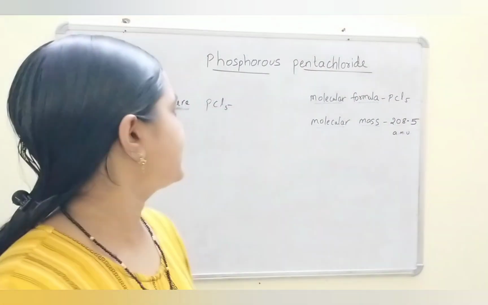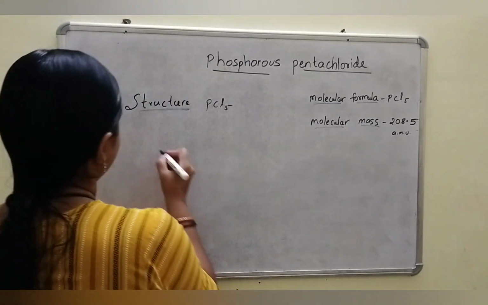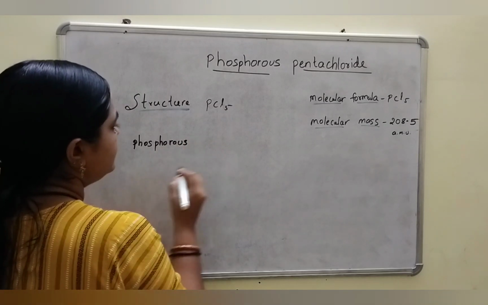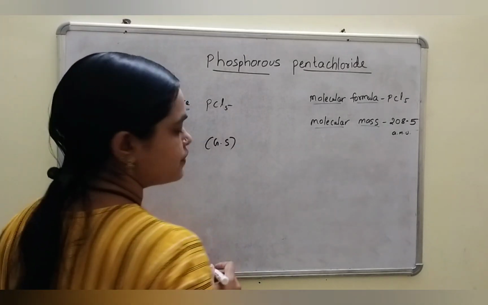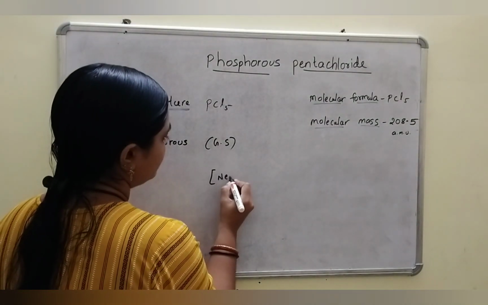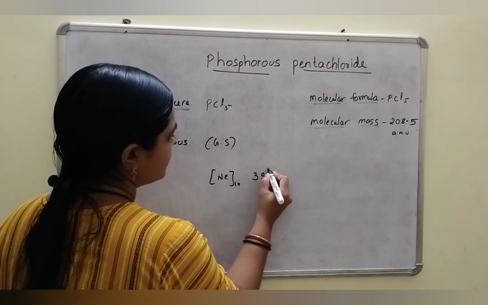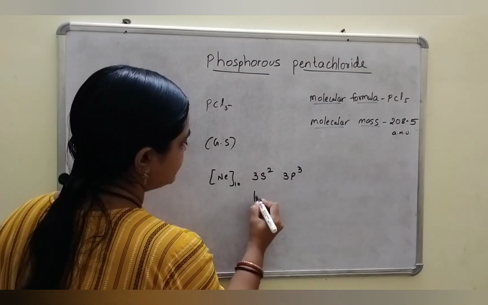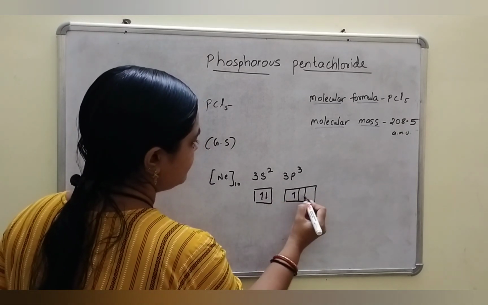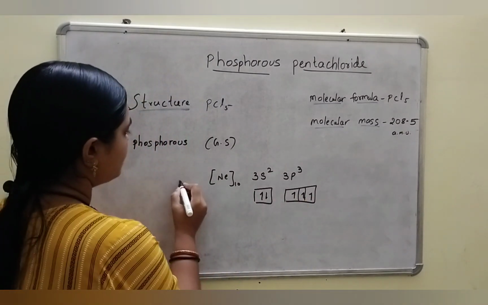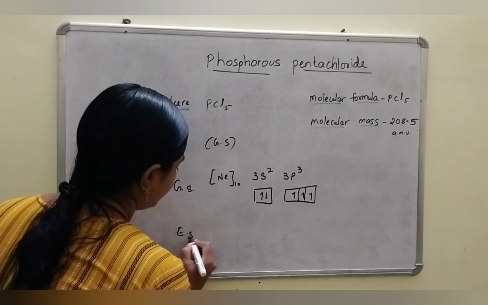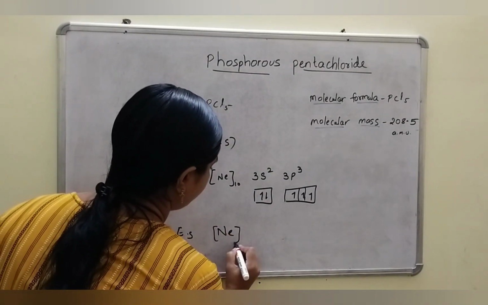See, in phosphorus pentachloride, the phosphorus in ground state, the electronic configuration is neon 3s2 3p3. But in excited state, its electronic configuration is neon